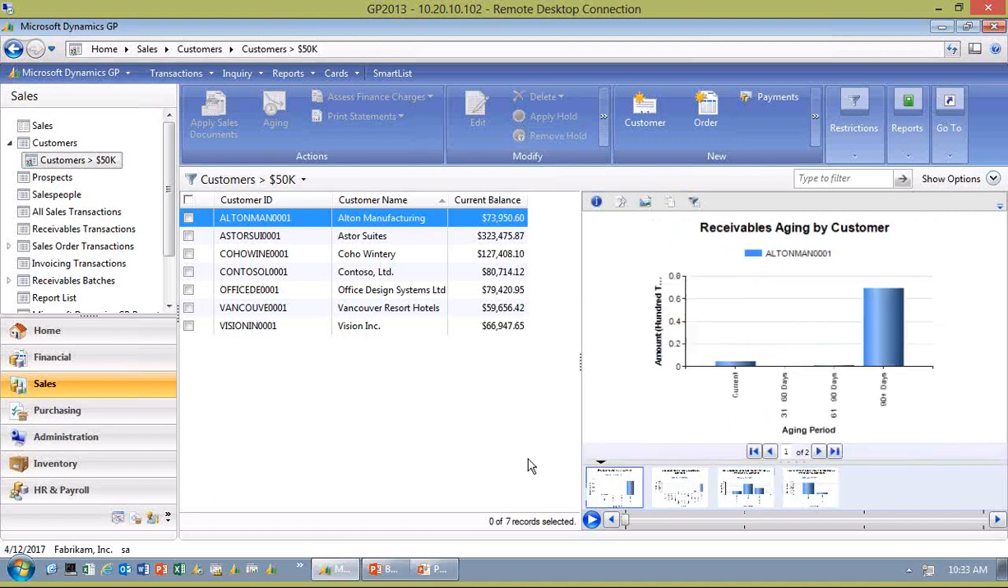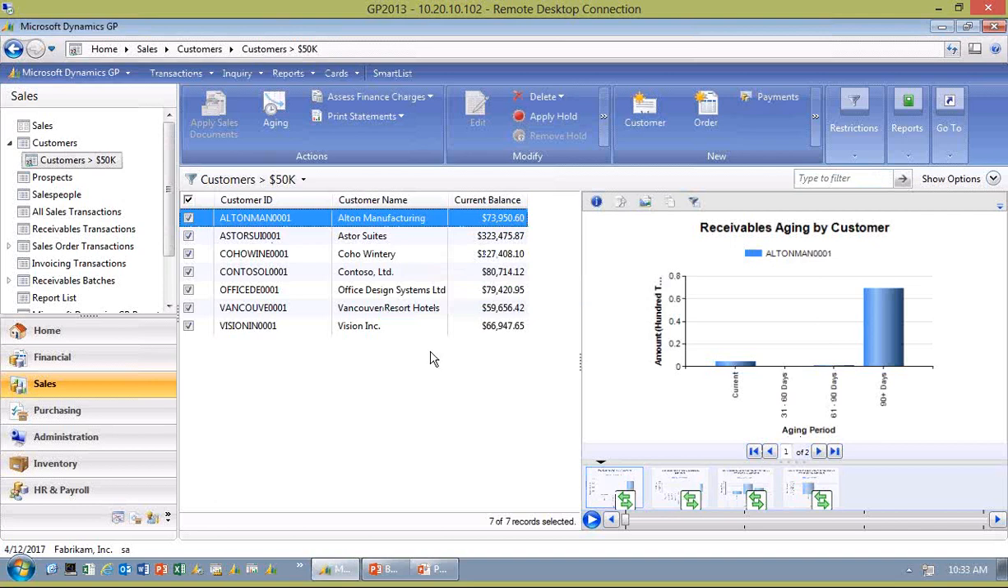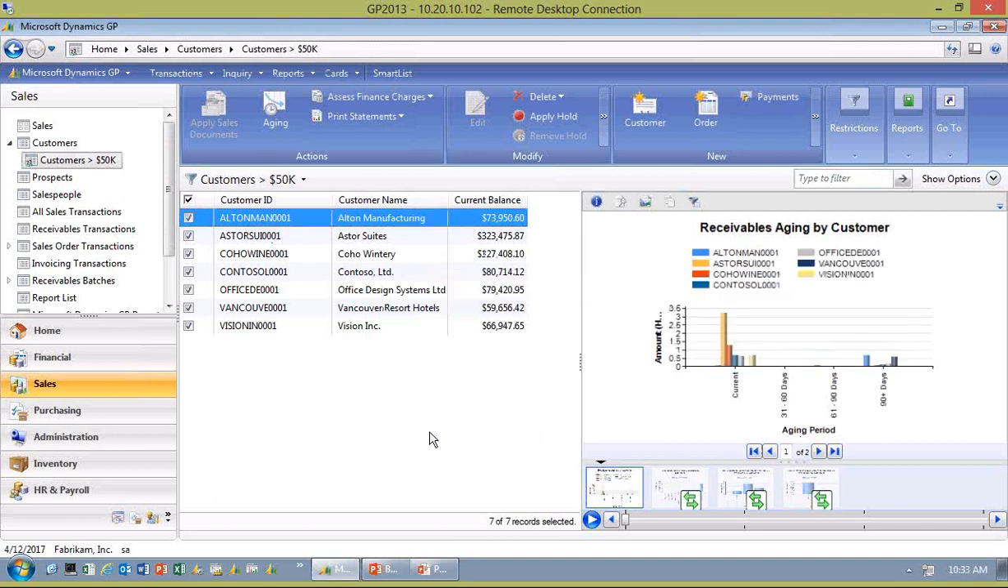And I say for this customer for a reason, because I can choose all my customers if I want. So everybody that's over $50,000, that's what their aging looks like. Looks like most of it's current. I'm not going to worry too much about that right now. I can look at